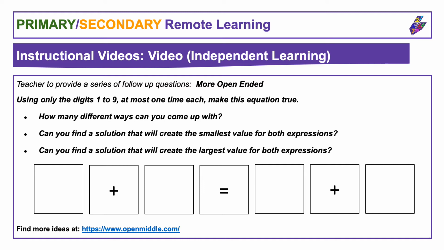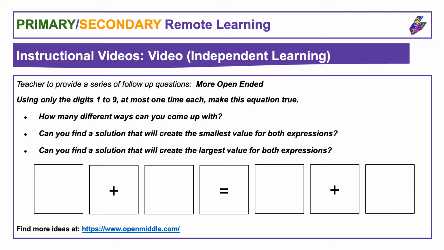So how many different ways can you come up with? Can you find a solution that will create the smallest value for both expressions? Can you find a solution that will create the largest value for both expressions? We'll look at some examples of the types of things that pupils could put in these boxes here to make